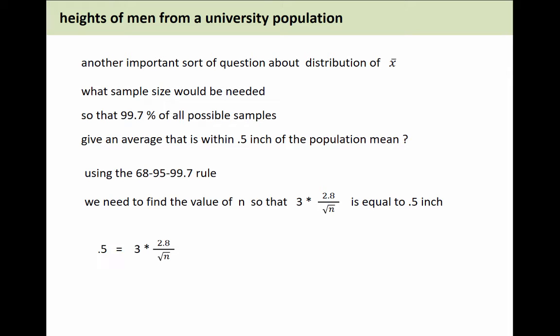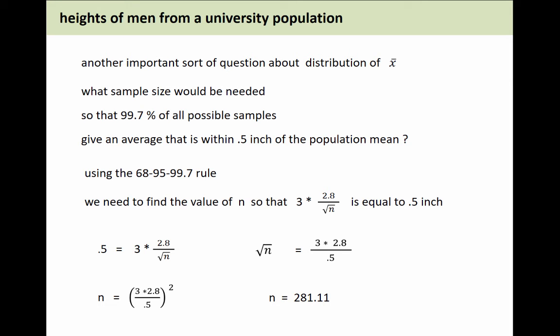Okay, so we're going to set up this equation. 0.5, half an inch, is 3 times 2.8 over the square root of n. Warm up your algebra skills. The square root of n is 3 times 2.8 over 0.5. Be sure at this point you square the 3 times 2.8 over 0.5. You get n is about